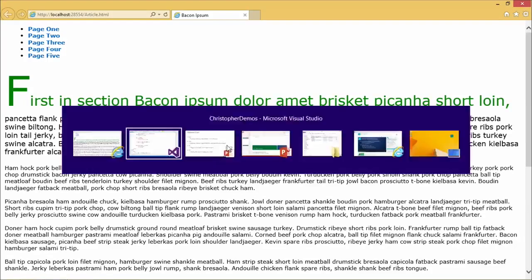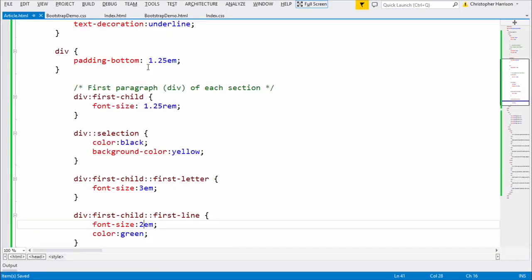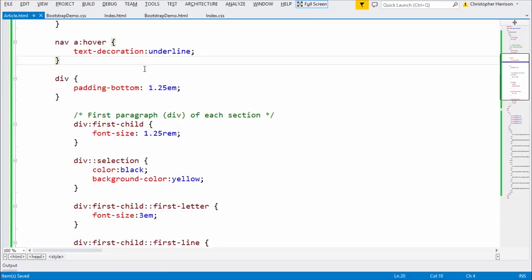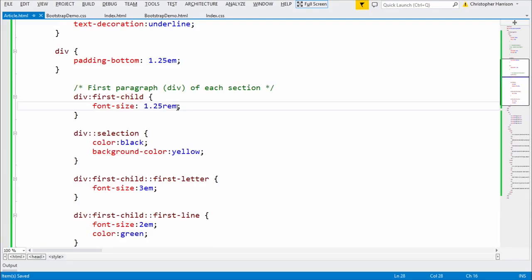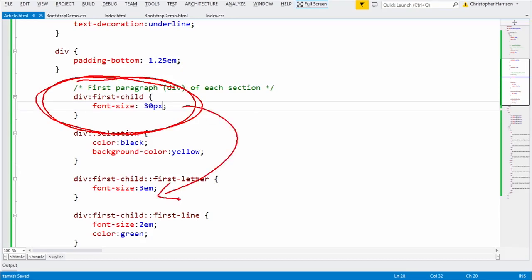Now let's again keep going with that compare and contrast here. Let's go off of first child here. And I'm going to explicitly size my first child here. I think this is going to bring it all together. And I'm going to make this really big. I'm going to say 30 pixels. Now this is going to be a good example of REM versus EM. EM is going to be based off of this, because I've now said that I want that first child to be 30 pixels. EM is going to be based off of that. So this should be 90 pixels big,